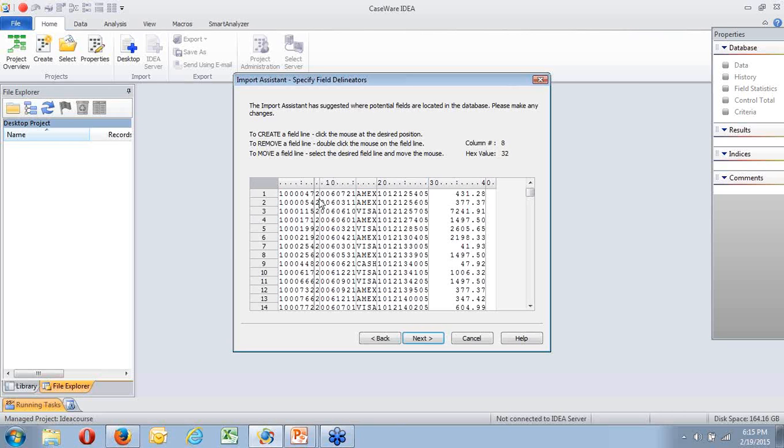If you were slightly off and you double click, you're going to create one and remove it. But if you're in the right place, the line goes darker and we can remove the line. So there's my 7-digit number. The next one I want is my 6-digit date. But there's a line in the middle of that, so I need to remove that one as well. Again, if I'm in the wrong place and I double click it, I've removed the wrong line. A single click will put it back, and I can highlight the line by making it bolder and double click. So there's my date. I'm happy with that.